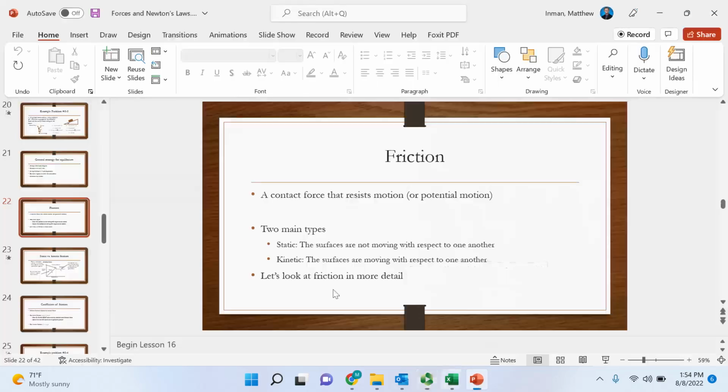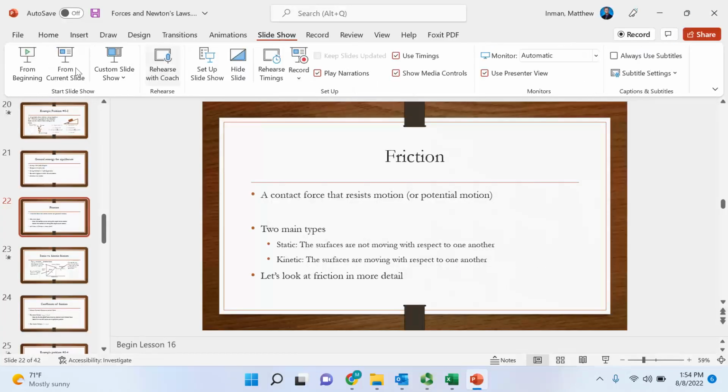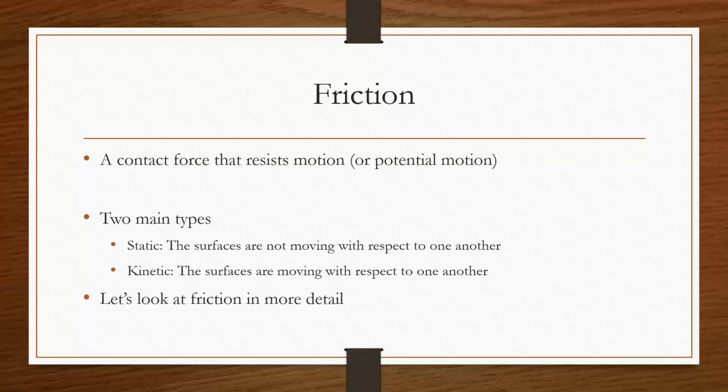In this lesson, we're going to specifically look at this force of friction and describe in a bit more detail how friction actually works and how we begin to deal with friction in systems where friction does act on the object. So a contact force that resists motion or potential motion, we usually describe this as friction. Usually I would say friction is a force that's a result of the physical contact of one object with another